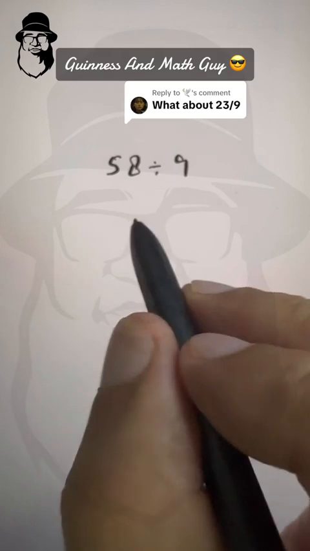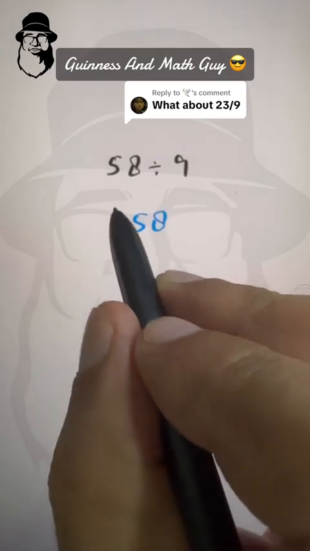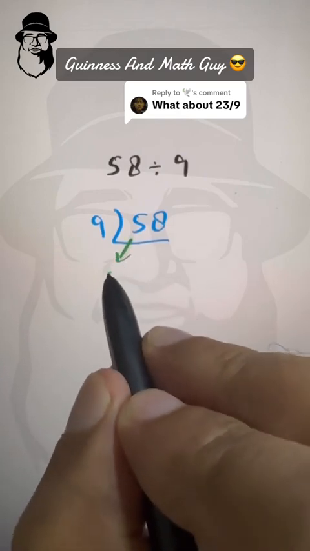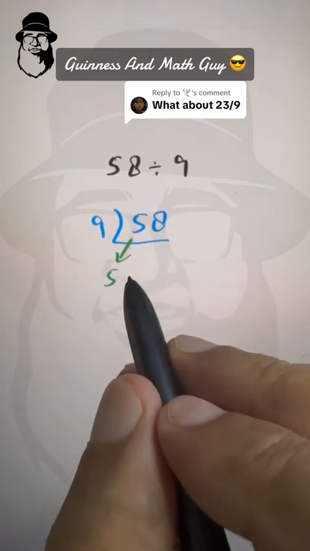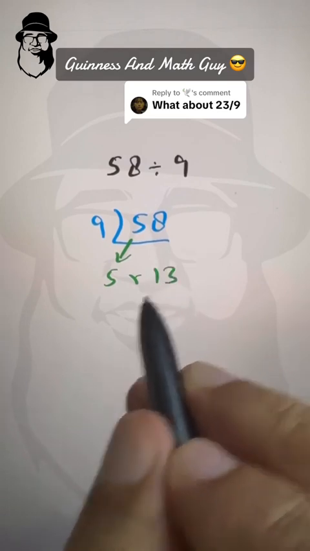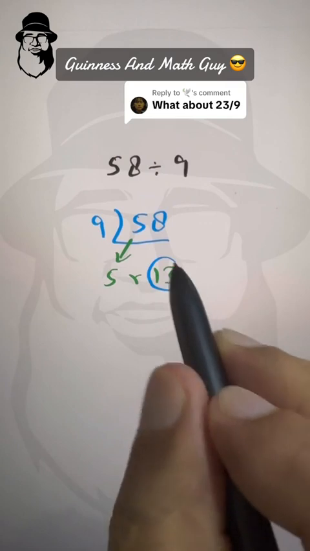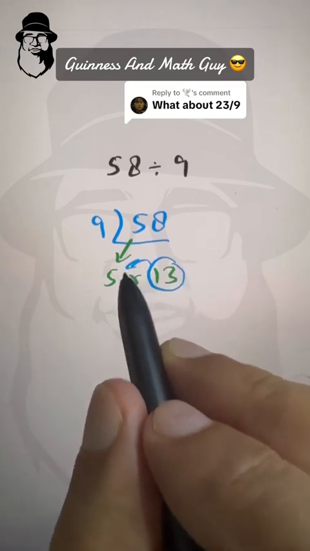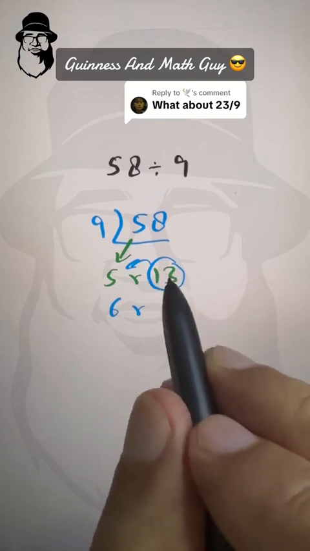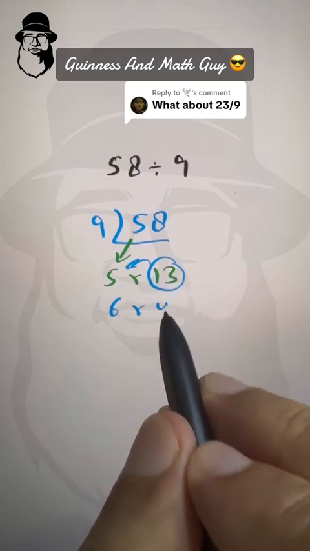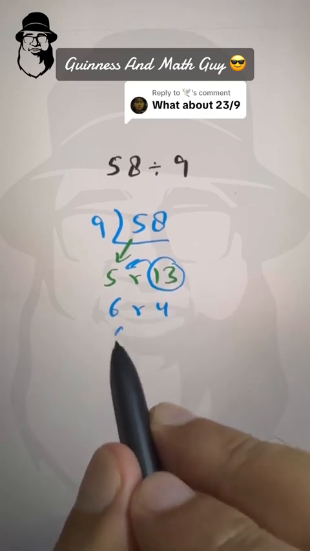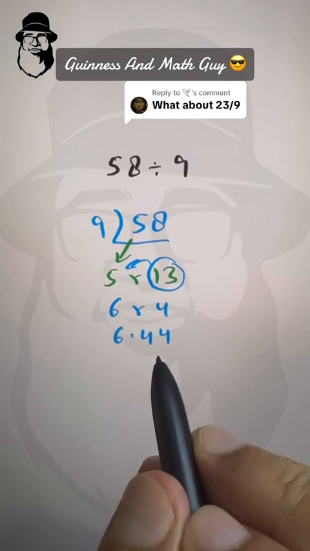Now let's try this one. We write 58 like this and divide by 9 like this. Bring this 5 here. Now 5 plus 8 is remainder 13. And we know that, like before, there is 1 9 in this 13. We'll bring it here in 5 to make it 6 9s. And when 9 is gone from 13, remainder is 4. Or we can just add these 2 digits. 1 plus 3 is also 4. So the answer is 6.44.